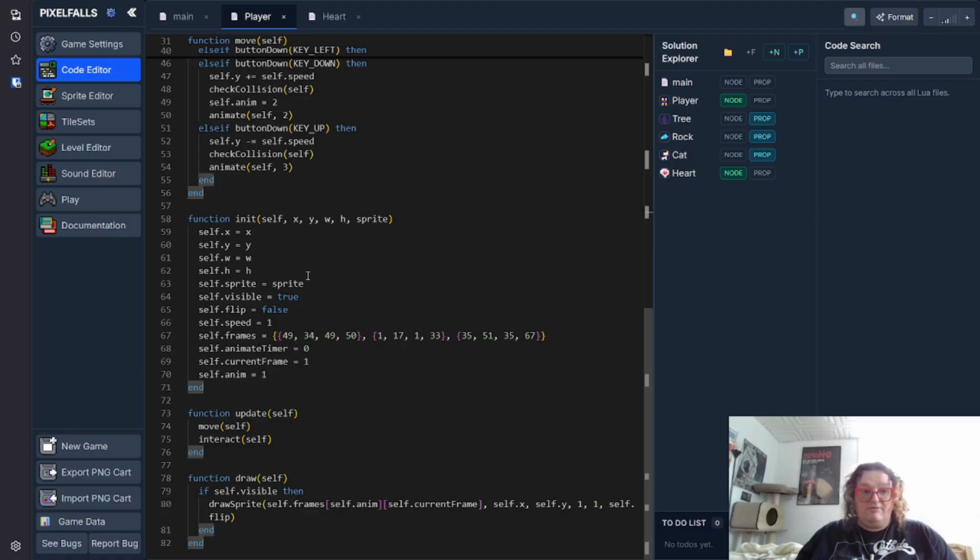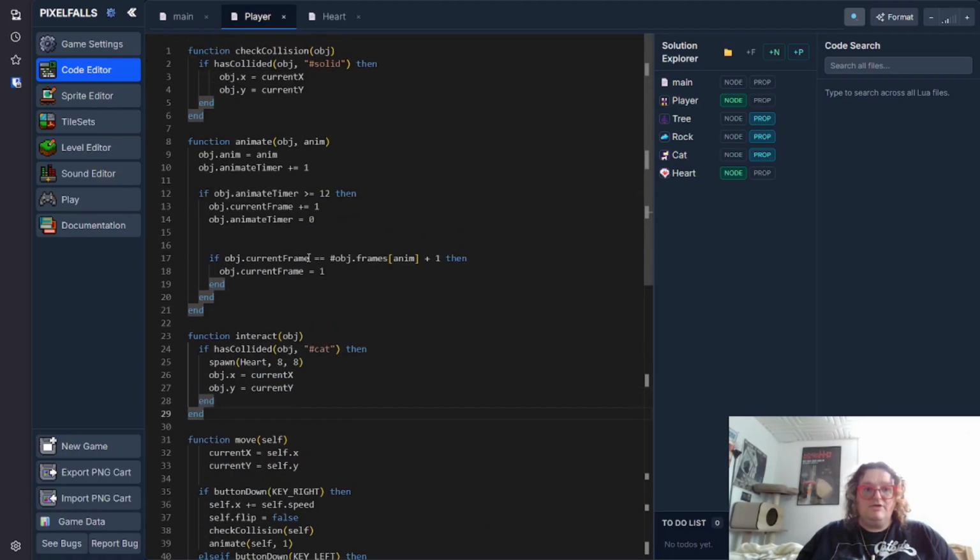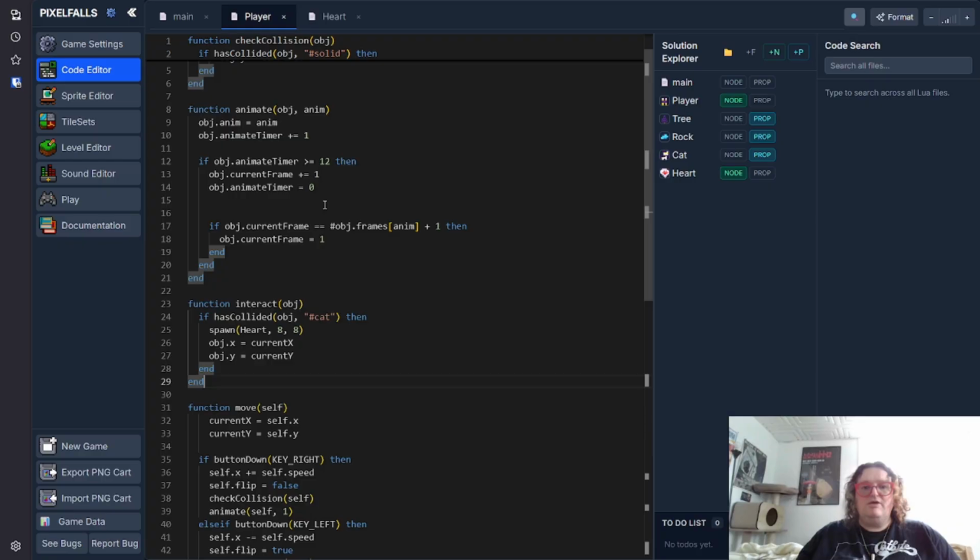Okay, next up, we'll go back up here. So hopefully this makes sense. I'm going to go through it top to bottom one more time to be clear. We created a function. It takes in a node, our player. It takes in an animation, which animation we want to play. Then it sets a timer going from 0 to 12. Every time it hits 12, the frame goes up by 1. Every time the frame goes up by 1, it checks to see if it's reached the end of the animation,